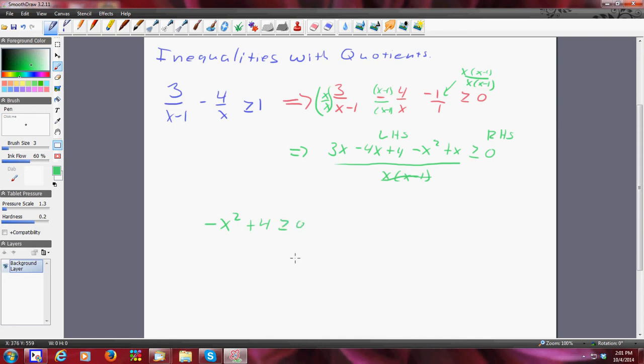Well, I don't like working with negatives, so I'm going to divide both sides by a negative 1. And as I'm hoping you recall, anytime you divide an inequality by a negative,